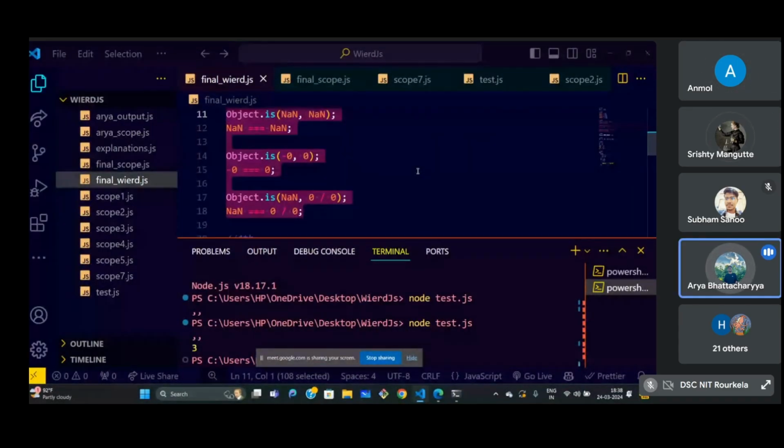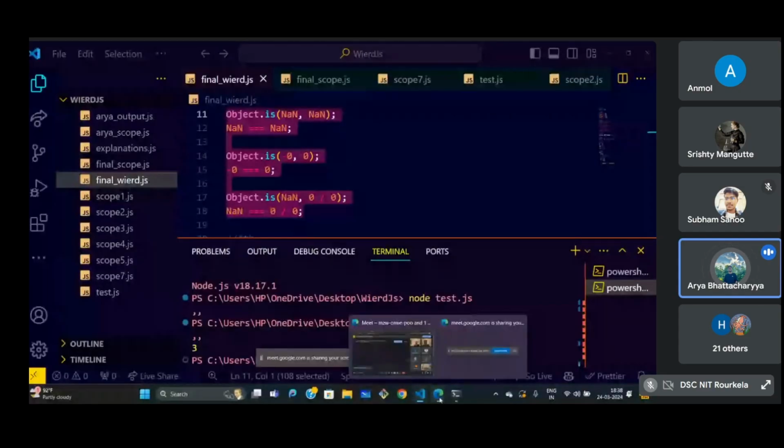The only hint that I might give you guys is that when we have NaN on two sides, we cannot compare NaN with NaN. So NaN with a triple equal to will always be false, because that's having infinity and infinity on the two sides, so that will always be false. That is something that I can tell you. Consequently, tell me the answers and post your answers over here.